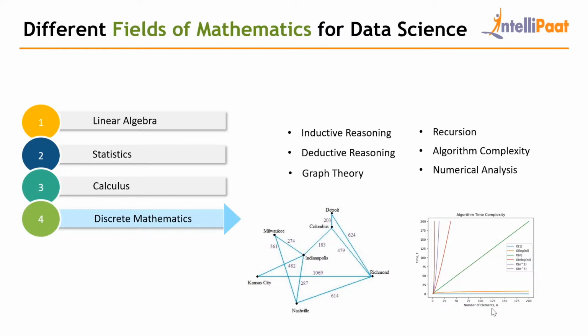And after understanding all these concepts, it will be a very easy task for you to understand various mathematical operations and to implement various algorithms using mathematical concepts, and to understand how to improve the algorithm or neural network, and how to work on enhancing the model by reducing the error. So this is all about the mathematics and different fields of mathematics for data science that you need to master.